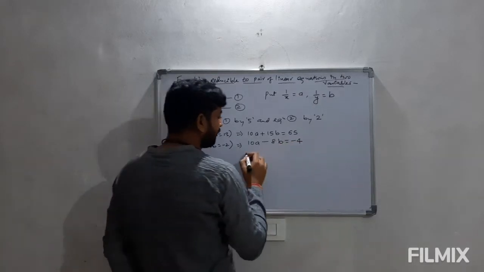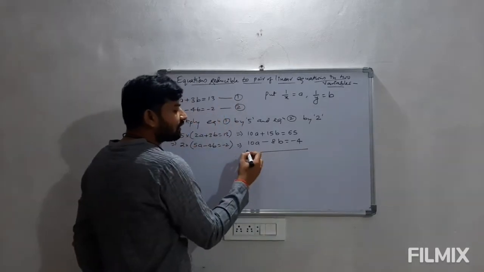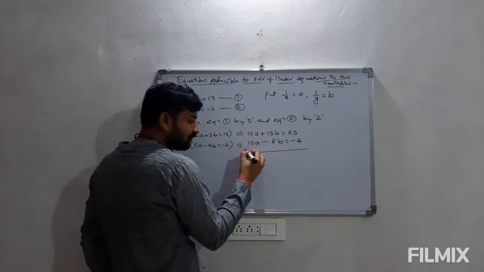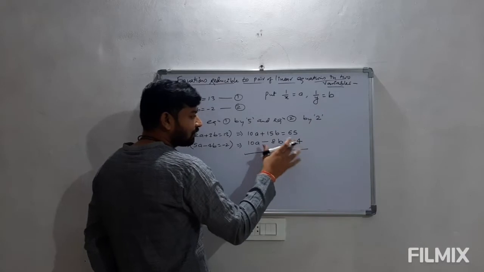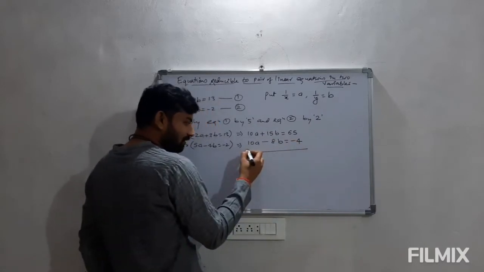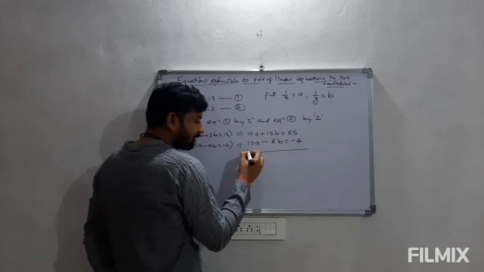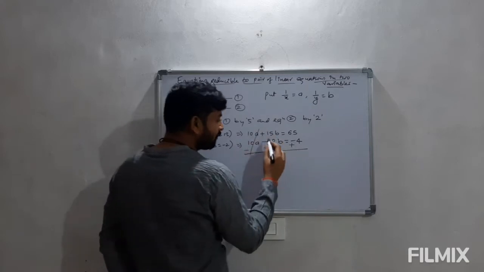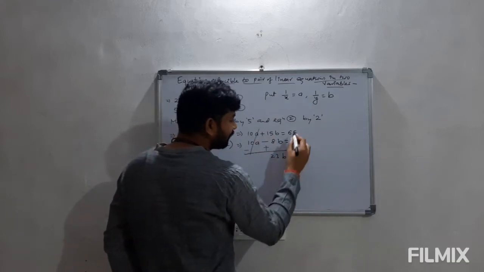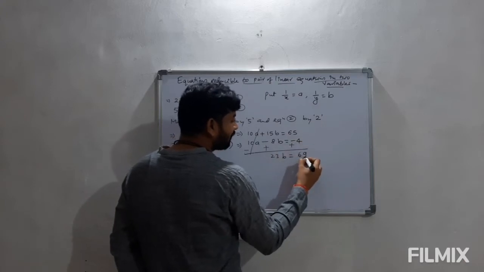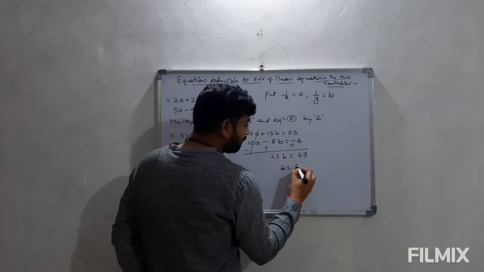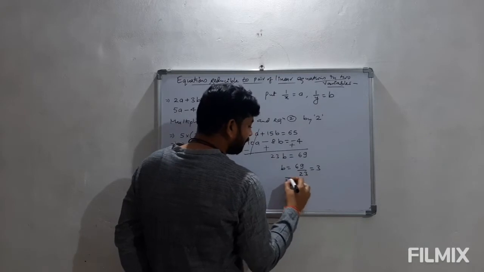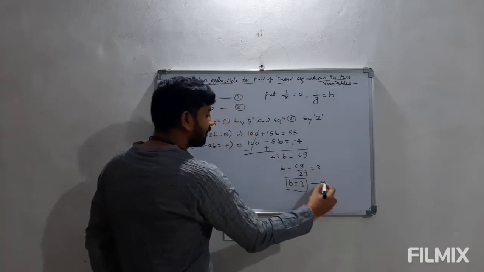Now suppose I subtract these two equations, what will we get? We have to change the sign. If we subtract, because the coefficient has become the same, the sign will change. The equation which is being subtracted is the lower equation, so on changing its sign, 10a becomes minus 10a, this becomes plus and this also plus, and the a terms cancel out. Here 15 plus 8 is 23b is equal to 69. So the value of b is 69 upon 23, which is nothing but 3. So b is equal to 3. This is our third equation.